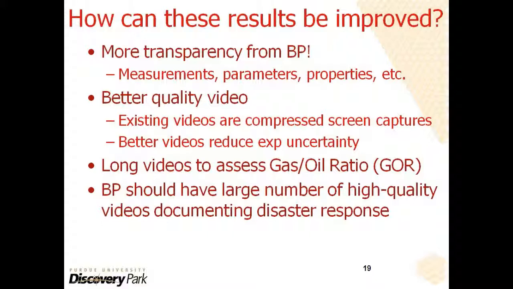So they have all of these videos from April 20th till now in high-resolution form. They're all there, and when this case goes to court, it's all going to be discoverable, and we'll basically be able to do a flow rate calculation from day one to whenever the end of this thing is, hopefully in August. All right, so anyhow,